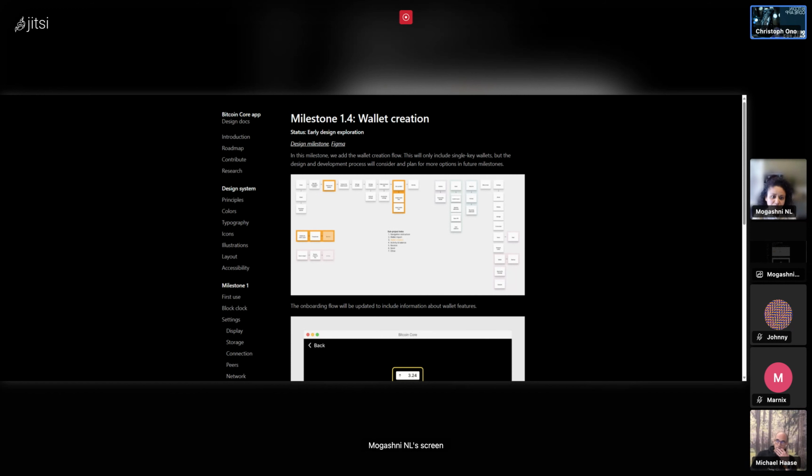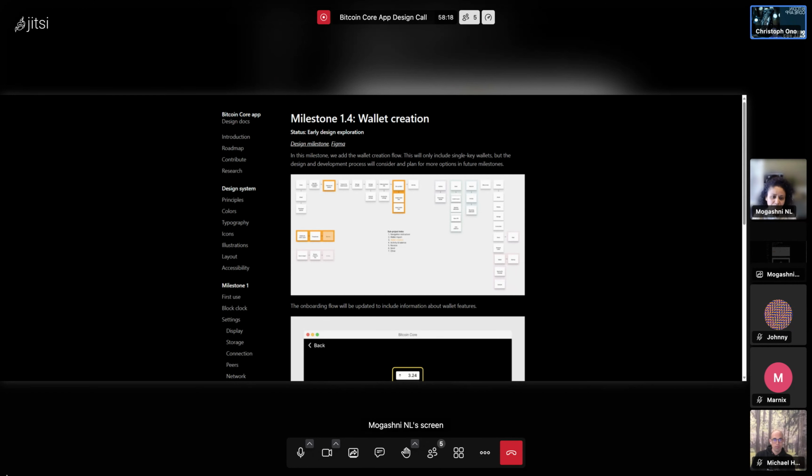So I think something to consider here is that this node running experience is different than the old one. It's not just a little thing in the corner anymore. It's actually kind of in your face. You have this dedicated page for it. And also you can run it on mobile, which is a very different